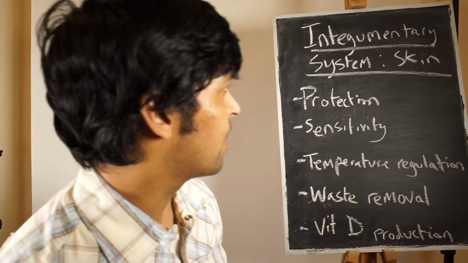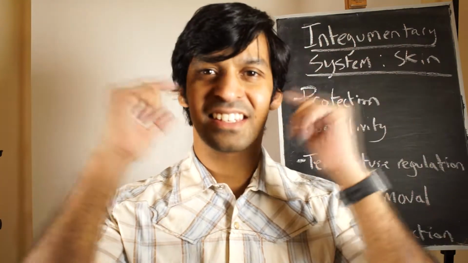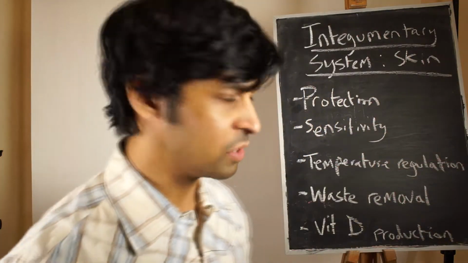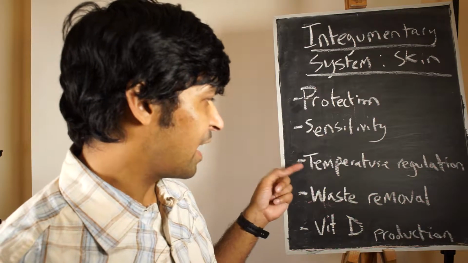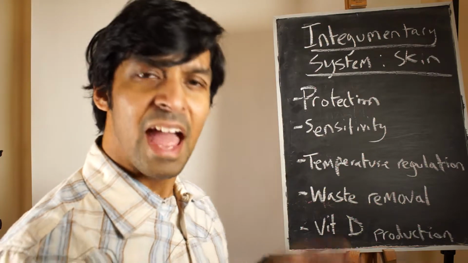The third function of skin is temperature regulation. When you get too hot, blood vessels near the surface of the skin, they dilate, meaning they get a little bit bigger. Your skin goes red and heat escapes out of your skin. Okay? The other thing that it does when you get too hot is it's got sweat glands inside, and sweat comes out of the pores, and when it evaporates, it takes some of the heat with it, so that also cools you down. So it helps cool you down through what we call vasodilation and sweat,